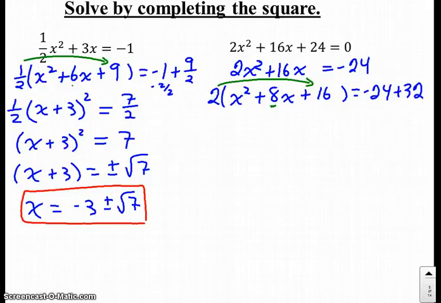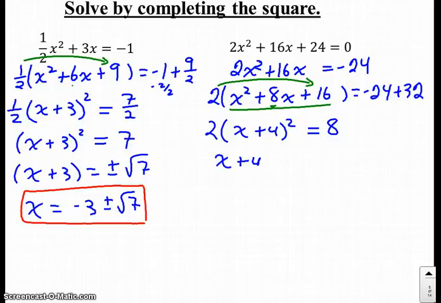Keep my equation equivalent. I would now factor my perfect square trinomial as x plus 4 all squared, and that will equal 8. I will now divide both sides by 2